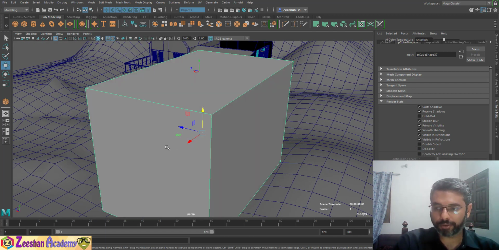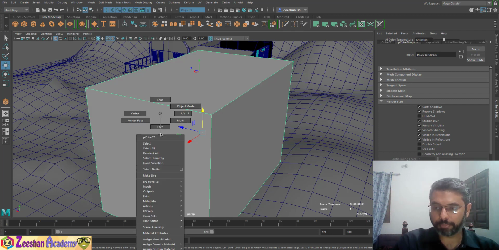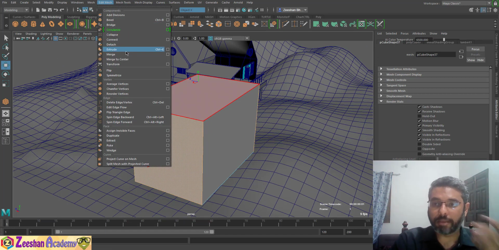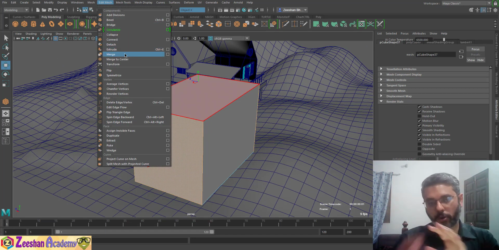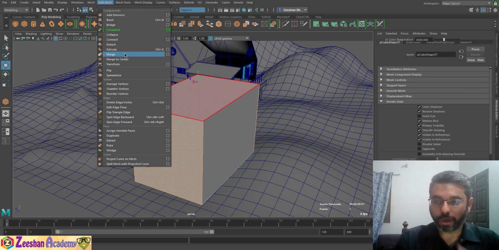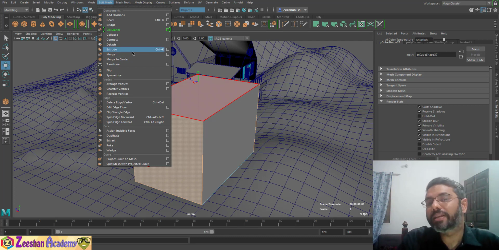Also, sometimes when I work with a room, I usually select a particular face. Either I delete it if I'm not using it, or I go into mesh and I just separate or extract that face as a whole, that wall as a separate thing. So now that wall is separate, and I'm working inside that particular room more easily and more conveniently, and we can use that.